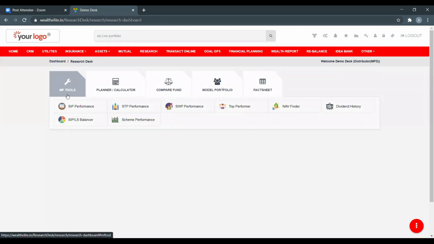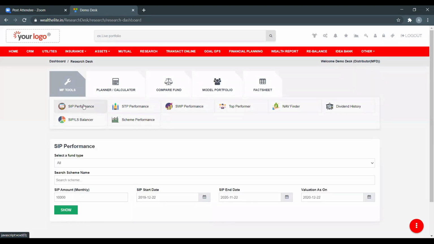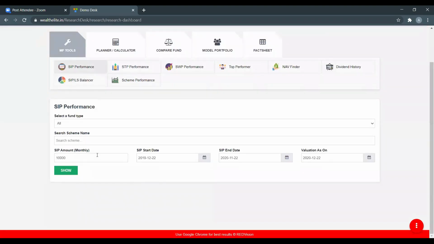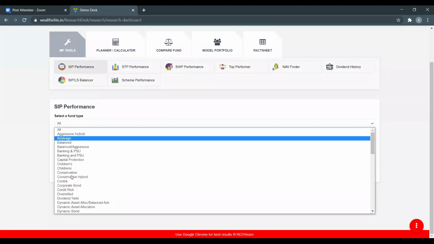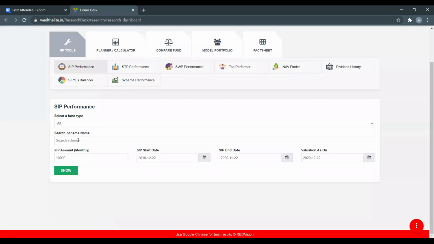First, here one option is MF tool. Under MF tool, you can see your SIP performance. Like, if you want to check if your investor has invested in any scheme for the particular time period and for this particular amount, you can check his SIP performance by using this tool. Here, if you want to select any specific fund type, you can take it from this section. As well, the scheme,